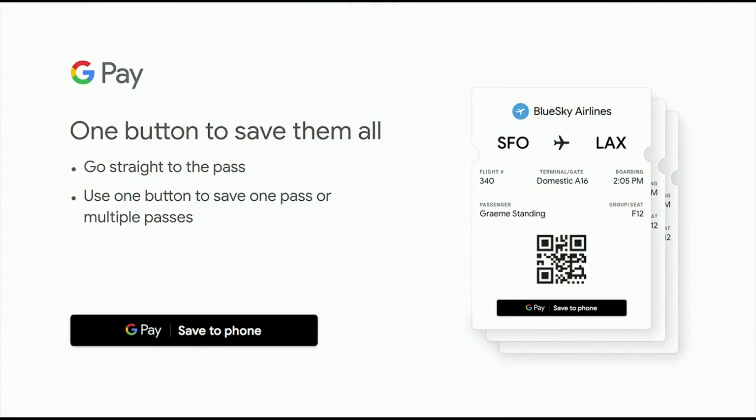We strongly recommend you to build a button that goes directly to the pass. No intermediate screens. If you can avoid it, if you can avoid extra latency, do that too, because that will generate drop-offs and reduce your conversions. Second, you can put many passes behind one single button. So for those use cases like multi-leg flights or bookings with many tickets, like for example, when you go with your family or friends to the cinema or the theater, you can just put one button behind that and that will take care of generating all those passes.